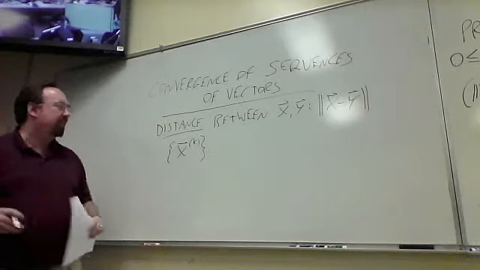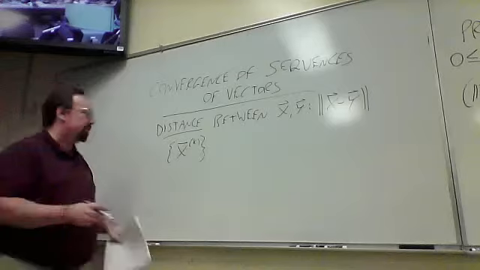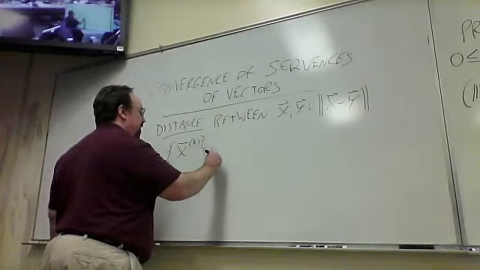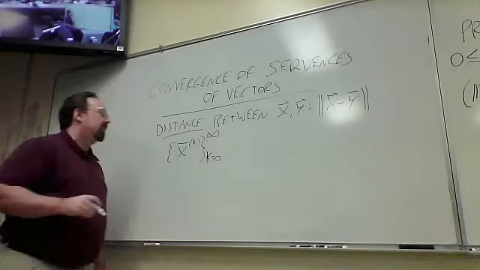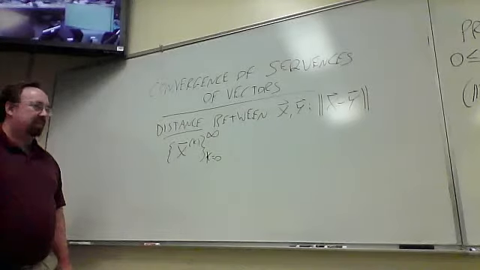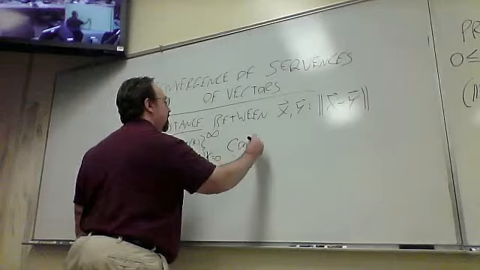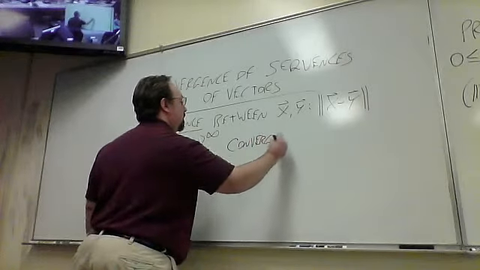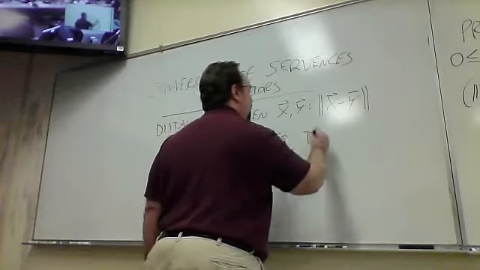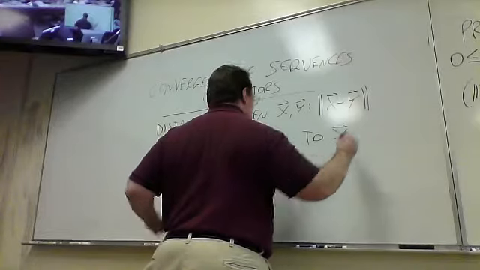So hopefully it's sufficiently unambiguous. If I have a sequence of vectors x^(0), x^(1), on to infinity, then we say that sequence converges to some limit x